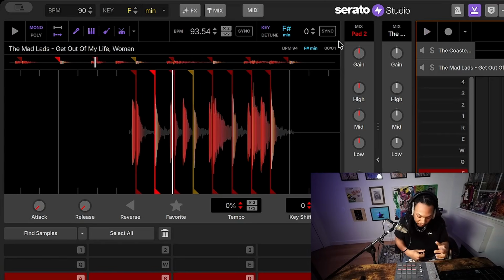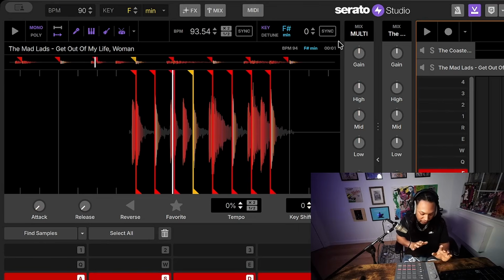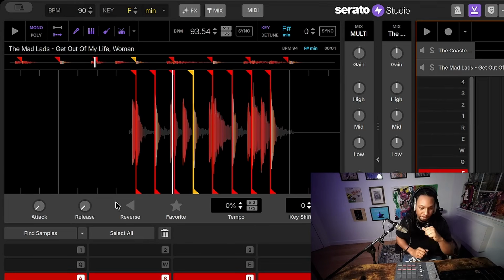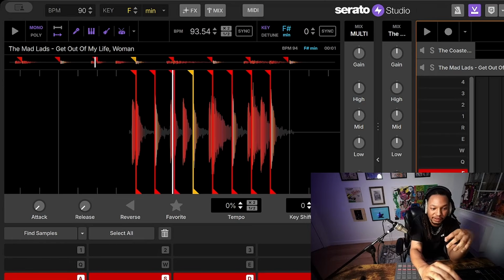So what I would do is select all. Well, first off, shift encoder mode to go to pad parameters, and then after that, I'm going to select all to select all the pads, right? And then right here, if you click it, it goes multi-release. Now this is right here. You see it says release. Now that is important for you to understand. You know what I'm saying?